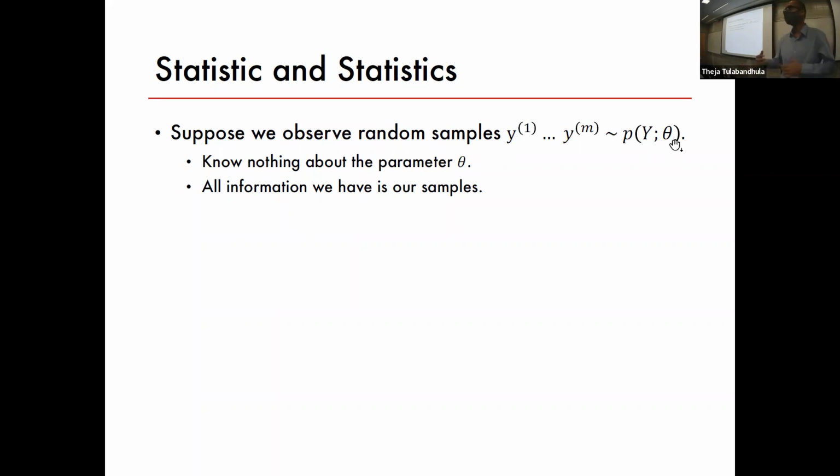You don't have to write it this way in your discourse, but this is just a shorthand. This tilde just means, hey, drawn from this distribution, and the random variable is y. This semicolon just shows that the second thing following the semicolon is a parameter. It's not a random variable.